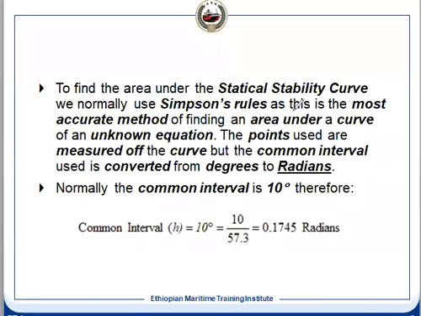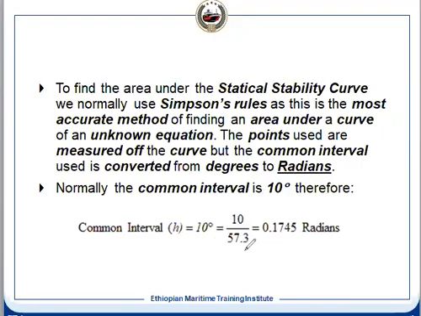So that is our dynamical stability calculation. Now, how will you calculate this area? We use the Simpson rule. Simpson rule, you all know. But what is the interval we take? Why do we use Simpson's rule? It gives us a high level of accuracy. And the common interval we usually take is 10 degrees, but we convert it into radians, because when you calculate the area, we will be considering radians. So for 10 degrees, each interval we take.